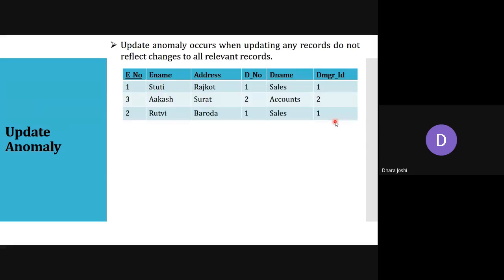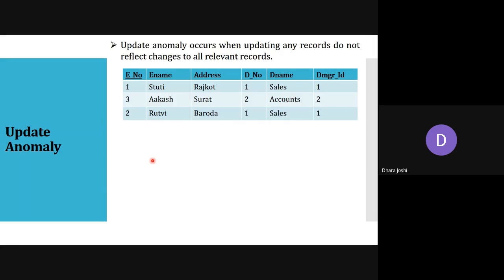And the last one is update anomaly. What is update? Here in this diagram, you can see that Stuti and Rutvi both are working in the sales department. So we have written the manager's ID here. It may be possible that this table contains 100 records, and out of 100, 50% are under this sales department.